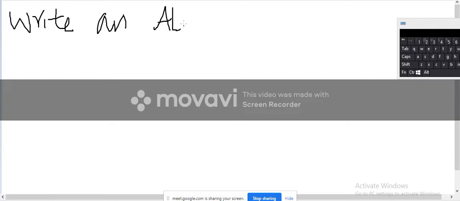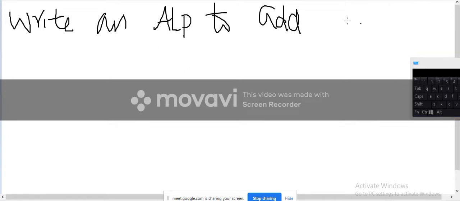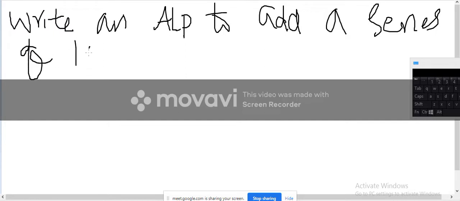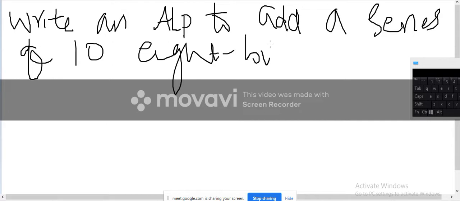So let's continue with the jump instructions programming. Write the program, means question. Write an ALP to add a series of 10 8-bit numbers